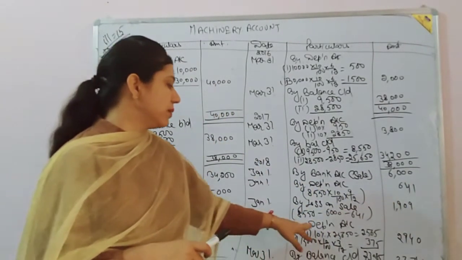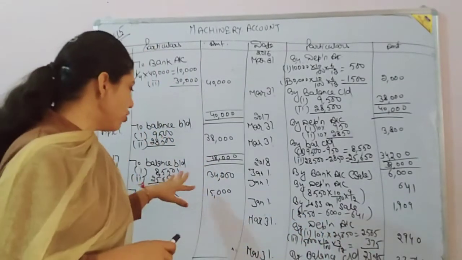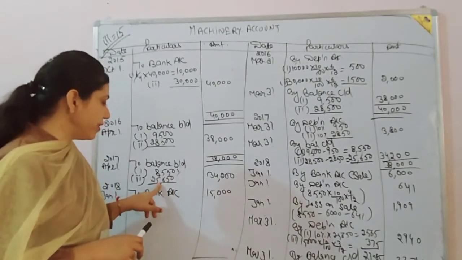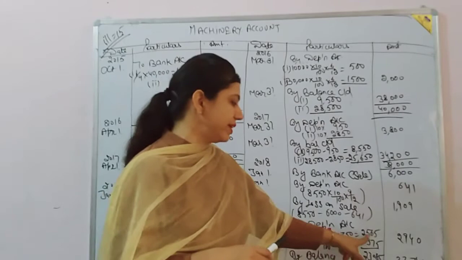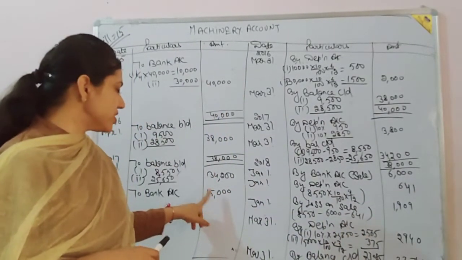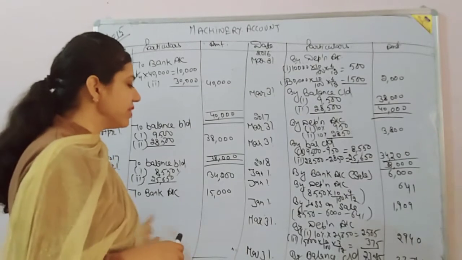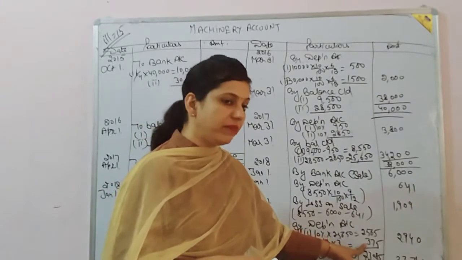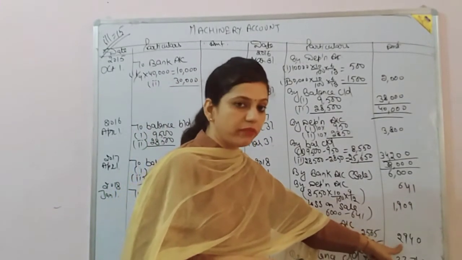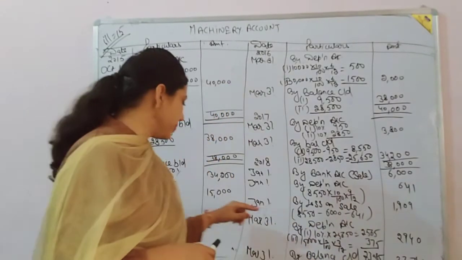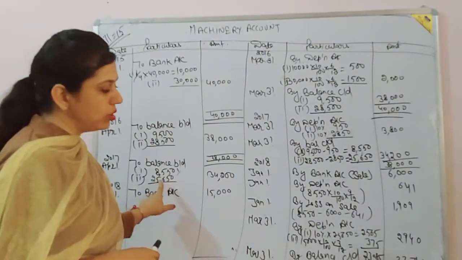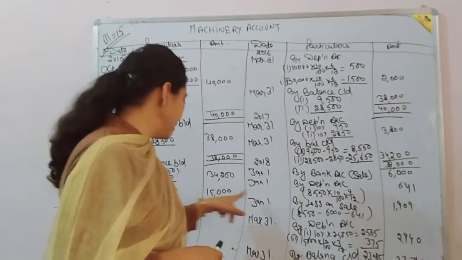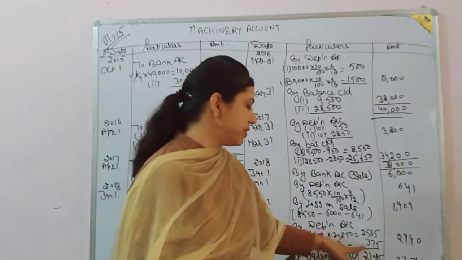On March 31, by depreciation account on the remaining two assets. Now the first part has no use; we don't need to see it again and again. Now on 25,650 depreciation for the full year is 2,565, and the new machinery which was purchased in January, so depreciation will be January to March: 15,000 at 10% for 3 months. Depreciation is 375. So total depreciation will become 2,940. How will the balance be computed? The second machine is 25,650 less the related depreciation of 2,565. Balance will be 23,085, and 15,000 minus 375, the balance will be 14,625.